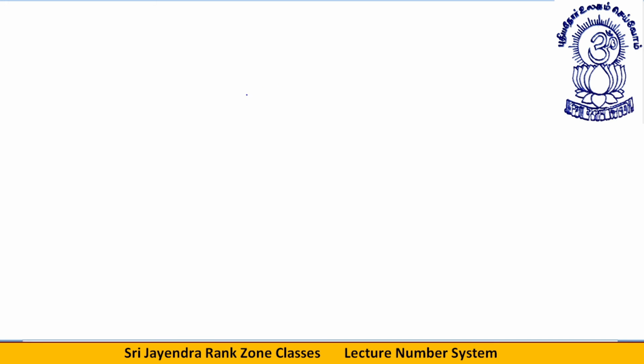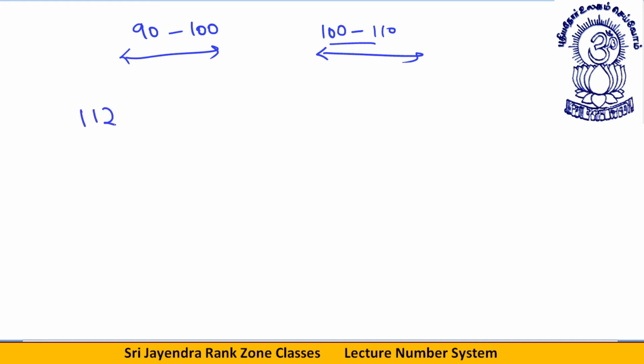Now, students, I have been doing the questions firstly in the range of 90 to 100, then in the range of 100 to 110. Let's expand it. Suppose I take the number 112 square. You just need to be thorough with the squares of 12 to 25 as I told you earlier. Then you will be able to solve them all. This is 12 more than 100. Add 12 to it, you get 124.